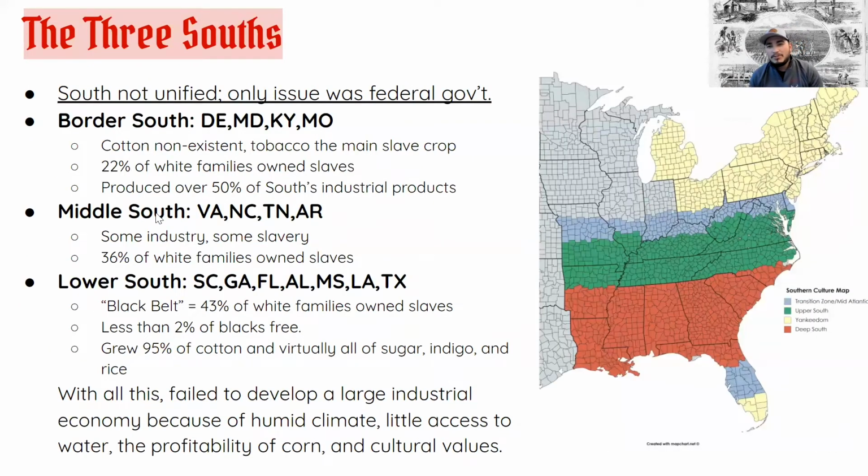Talking about the South, there are some things that we need to talk about and the dynamics that come with the South, okay? By no means is the South unified. The South is very regional, meaning each region is extremely different and has its different aspects to it. Now, the only thing that they're all unified on is hating federal government. Any federal government policy, any federal government overhang is considered an outright disrespect to Southerners, regardless if they're the border South, middle South, or lower South. This is where they're unified, I guess.